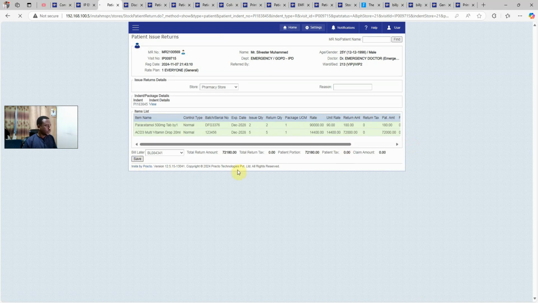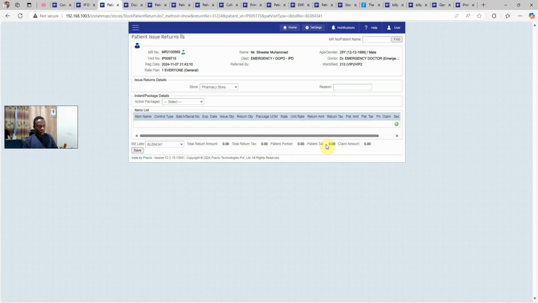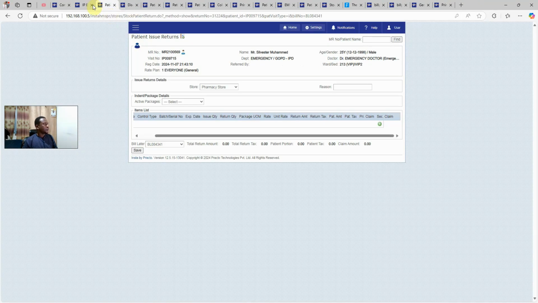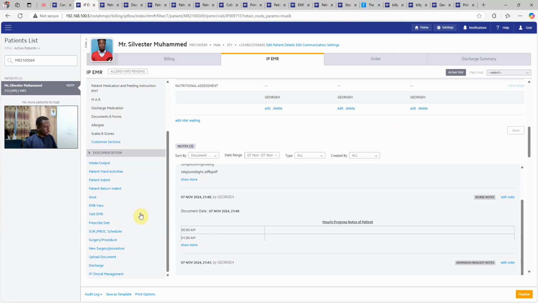So acknowledge, yes, you take it back to the pharmacy. So the inventory will go up by the returned number, just like that. And then this is the print here, although sometimes it can pop up automatically. So coming back here now, I've returned the items, and